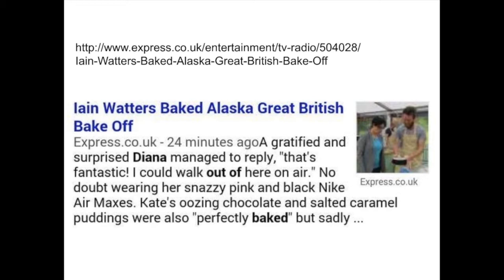At the top you can see the URL for this story in the Express News website, which is simply a list of keywords: Ian Watters, Baked Alaska, Great British Bake Off. So the URL is essentially a list of the keywords that this story refers to.